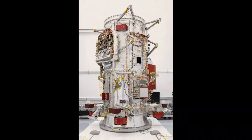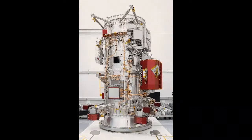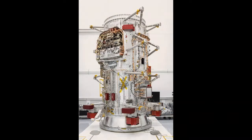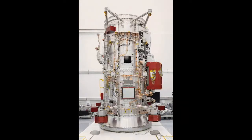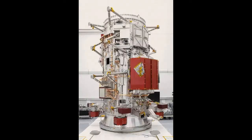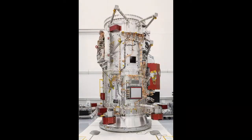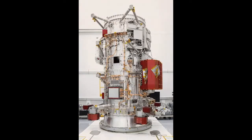You can go to my first picture there, is the primary structure of the spacecraft, and you can see a rotating view of our propulsion module, and it's a large cylinder. So you keep hearing the term big or large here about the Europa Clipper spacecraft, and the propulsion module is exactly that. It stands over 10 feet tall and 4.5 feet in diameter, and it provides mounting interfaces for the launch vehicle at its aft end, as well as for the avionics module and the rest of the spacecraft hardware